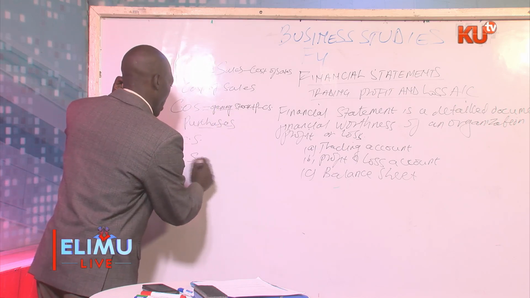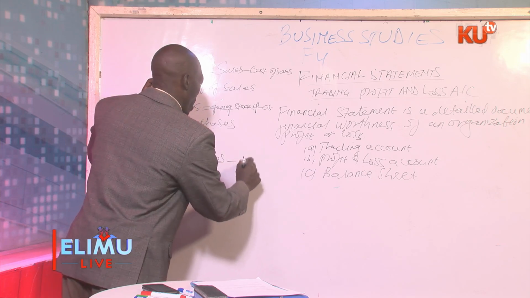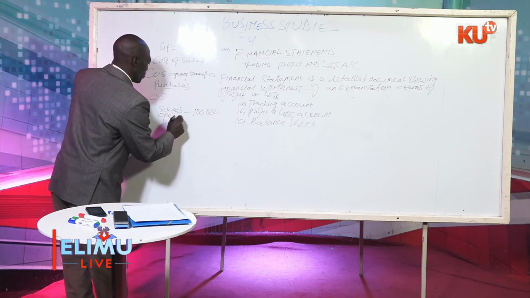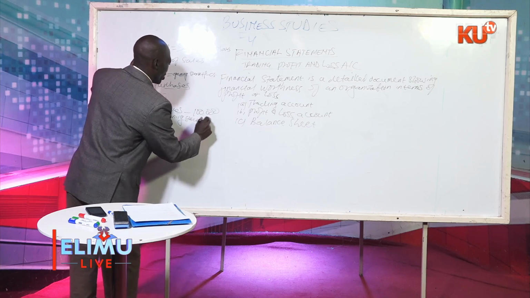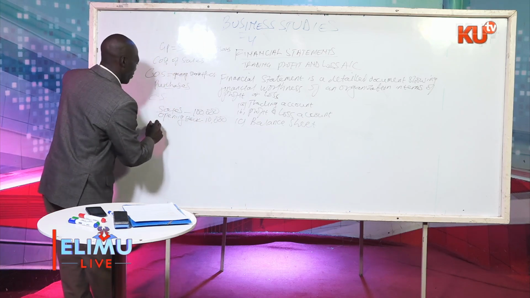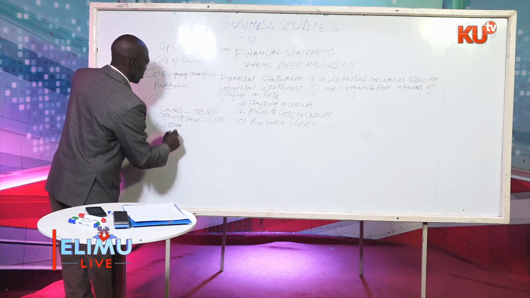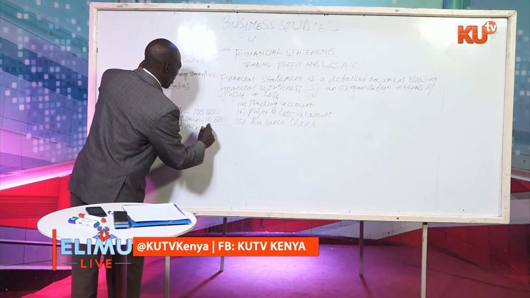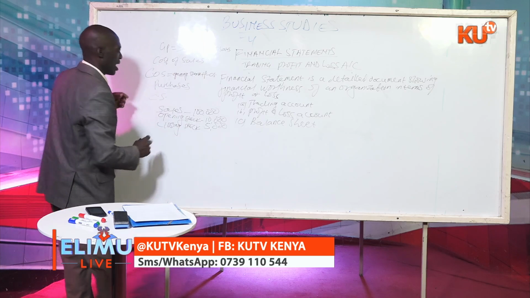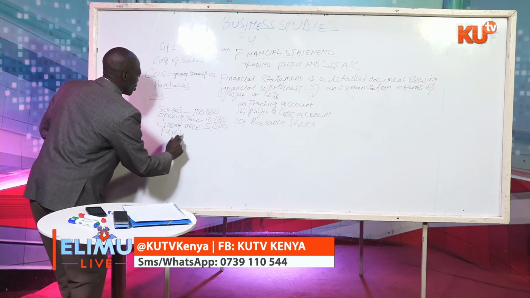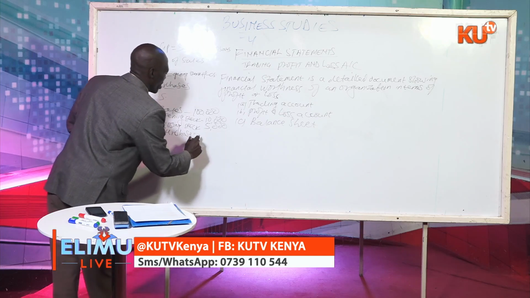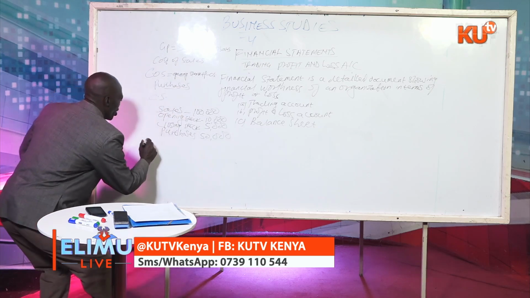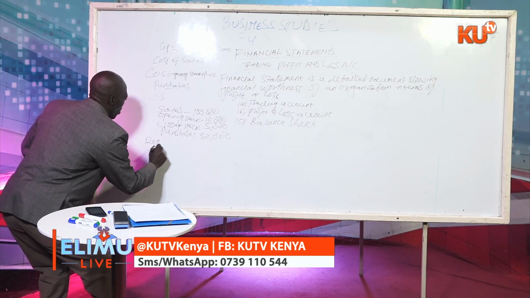If you have sales of 100,000 and then we have opening stock of 10,000 and then we can have closing stock of, let's say, 5,000 and then purchases we can have like, let's say 50,000. Then the question is here, you are required to